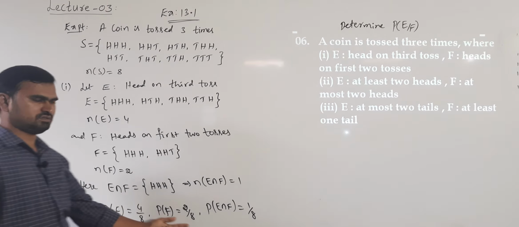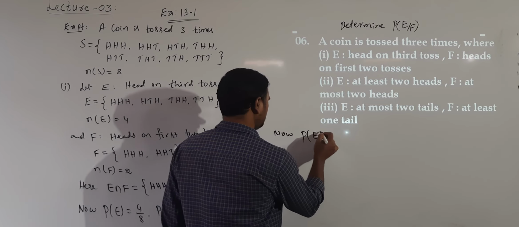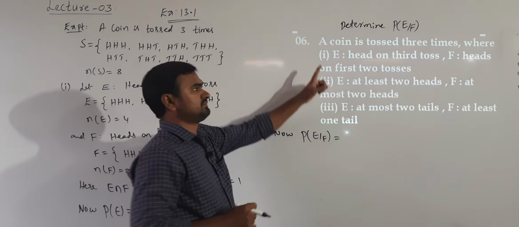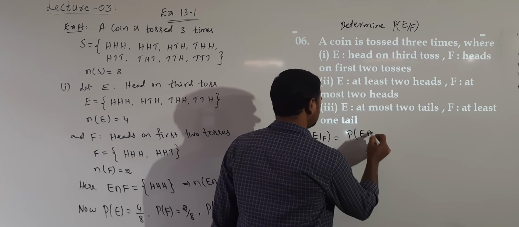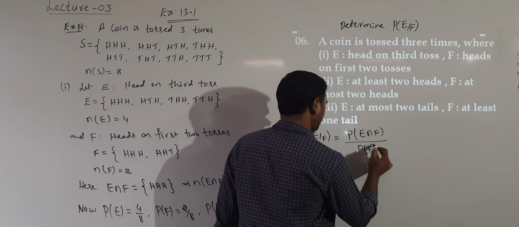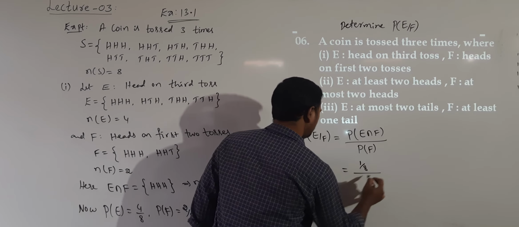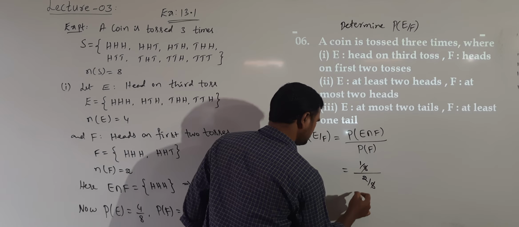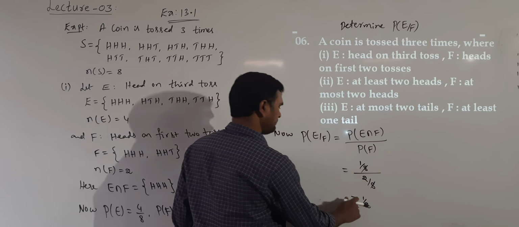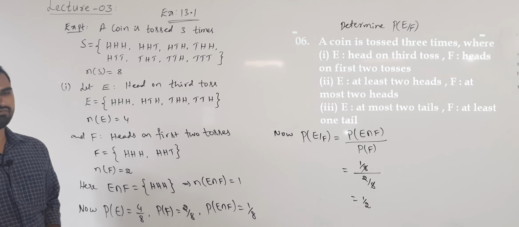Okay. So we know how to write the probability of events. So we require probability of E given F. This is what you have to find. Okay. In these 3 cases. So first case we are solving. P of E given F can be written as P of E intersection F divided by P of F. Intersection numerator we know 1 by 8, divided by P of F is 2 by 8. So it can be cancelled. Answer is 1 by 2. Okay. The required P of E given F, it is 1 by 2.